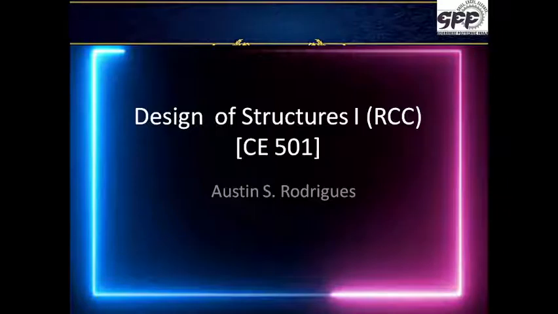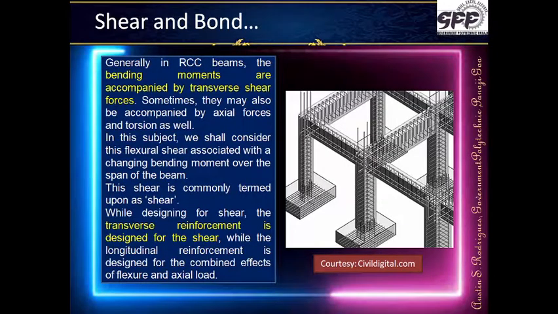After having understood all that, we will be going further in the part of design of the beam, that is we have to design for shear. In the limit state of collapse, one part is flexure, one part is shear. Now whenever we design any RCC beams, we understand that moments do come on the beam. Any beam is there, it would be having a moment, but at the same time it also has a shear force. We have earlier studied the bending moment diagram, we have also studied the shear force diagram, so we understand that on a beam whenever there is loading, there is bending moment as well as shear.